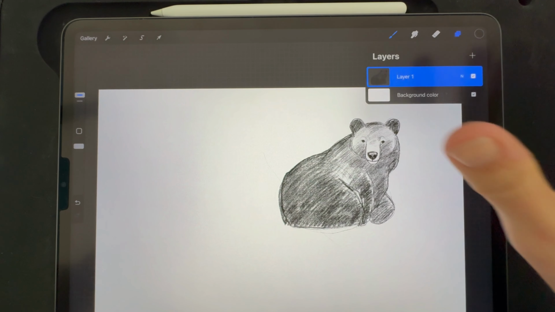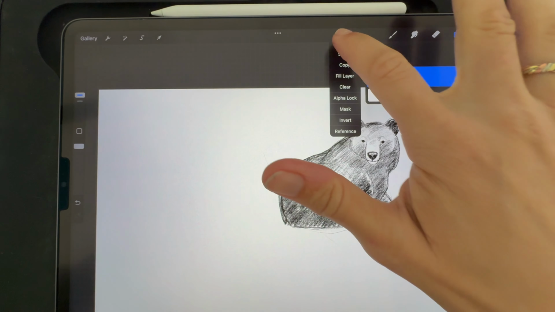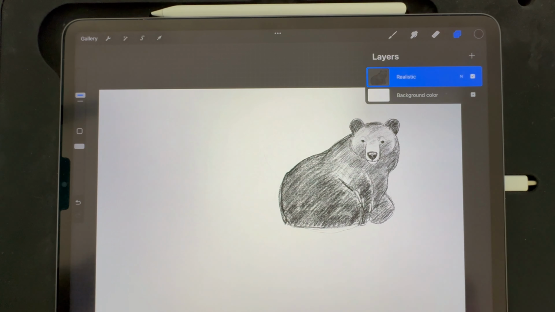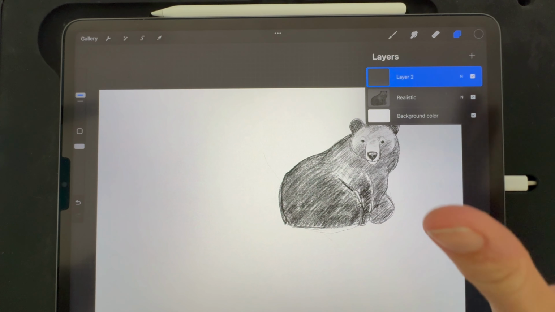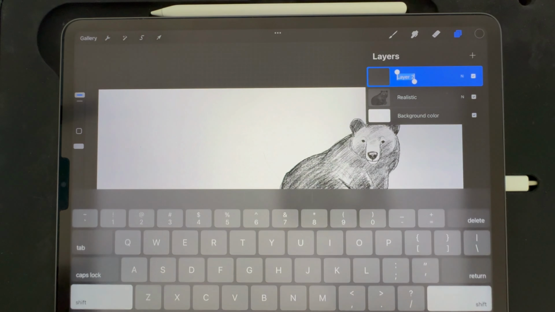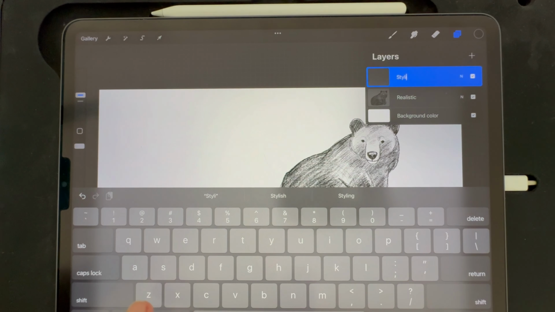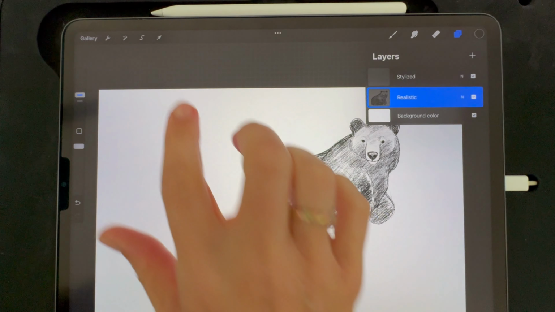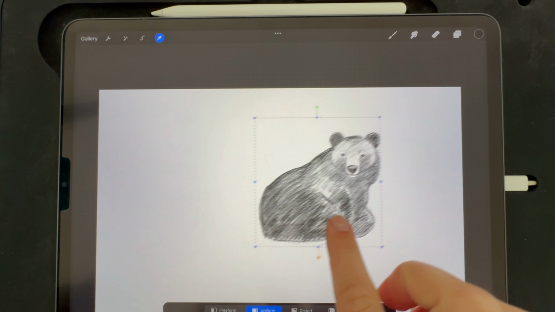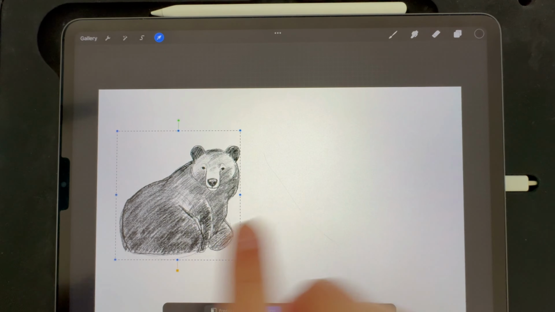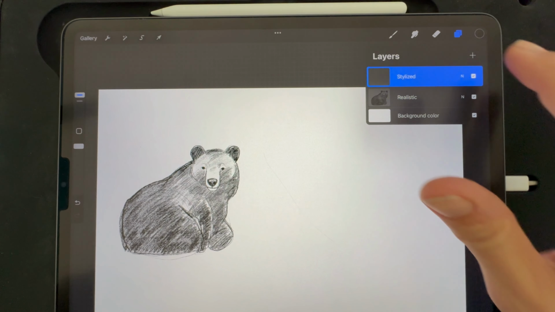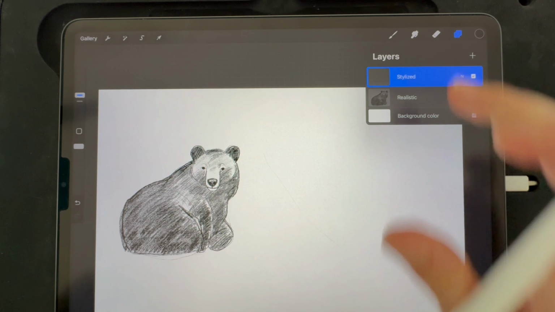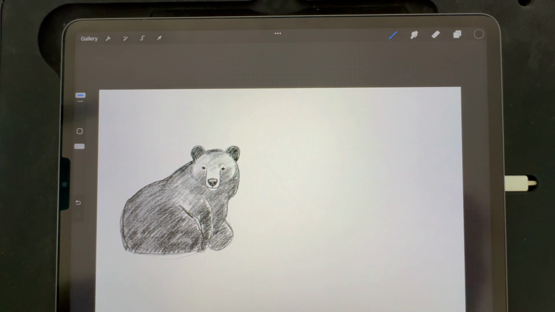Okay, so here is our realistic bear. And so I'm just going to name that layer realistic. And then we're going to create a new layer and name that stylized. And I'll move the realistic bear over to the left a little bit because, again, I'm right-handed. I want to work on the right side of the paper. And then make sure that you've clicked on the stylized layer,